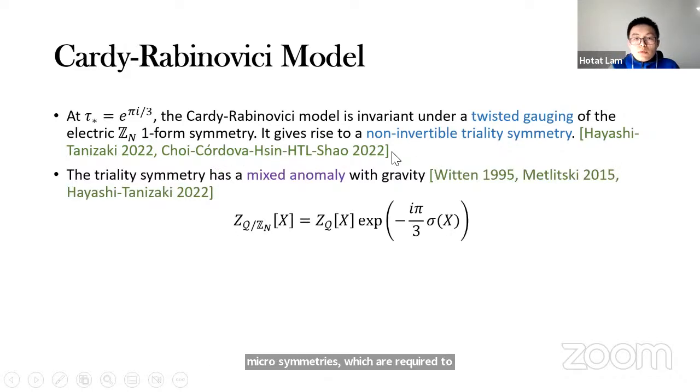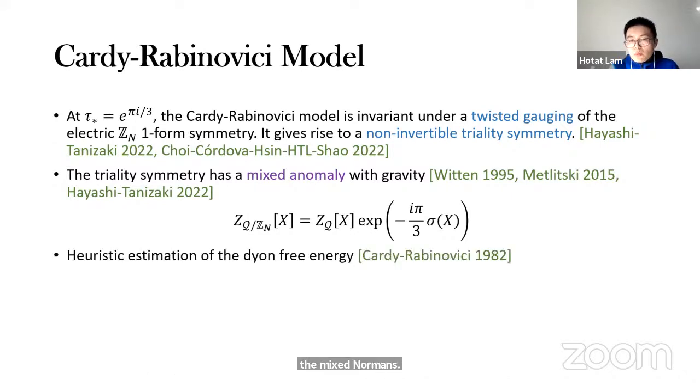Okay, so now there's another thing that happens in this theory, which doesn't happen in the lattice case, is that this duality symmetry actually has a mixed anomaly with gravity. And one way to think about this mixed anomaly is coming from the mixed anomaly between electromagnetic duality of the U1 gauge theory with gravity. So what it says is that the partition function before and after gauging are not exactly identical. They are identical up to gravitational counterterms. And this gravitational counterterm is non-trivial on, for example, spin manifolds. Okay, so there's a mixed anomaly, and we're going to use it to make statements.